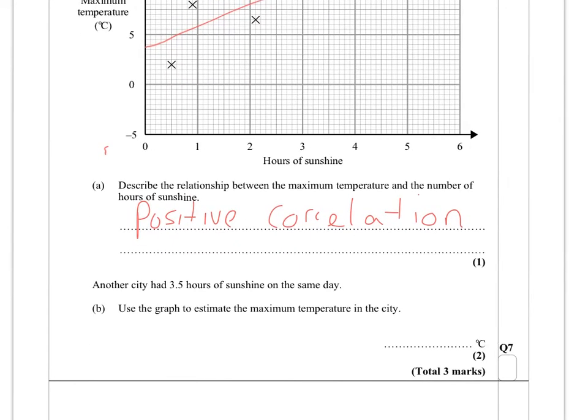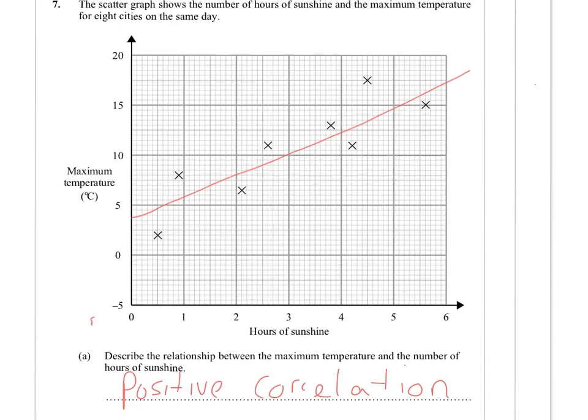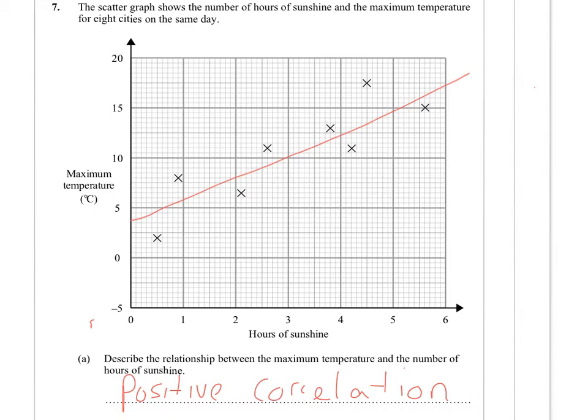Another city had 3.5 hours of sunshine on the same day. Use the graph to estimate the maximum temperature in the city. Okay, let's use the graph to help us, and this is where the line of best fit is going to help us. So 3.5 hours of sunshine this one had. So 3.5 is that. What we should do is draw a line going up with our ruler, ideally,